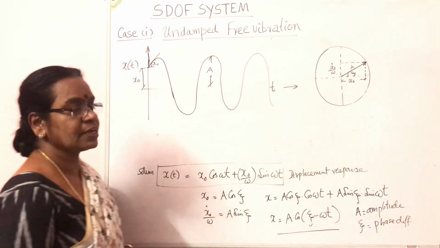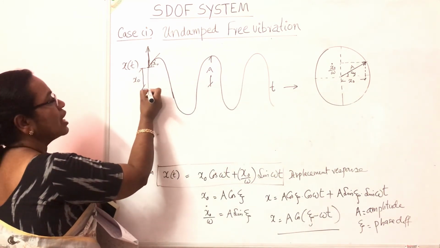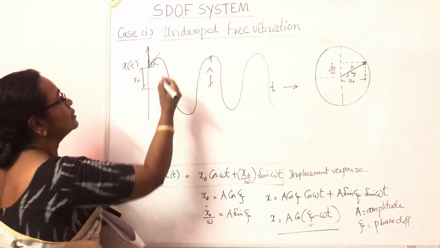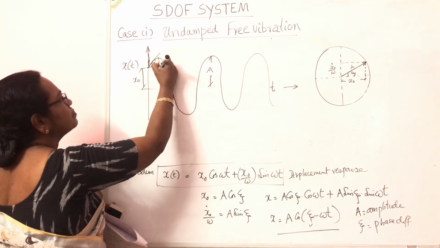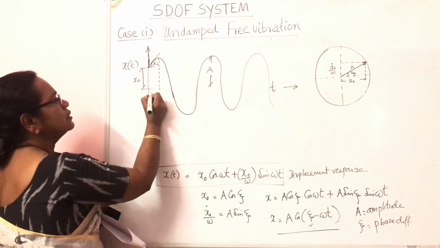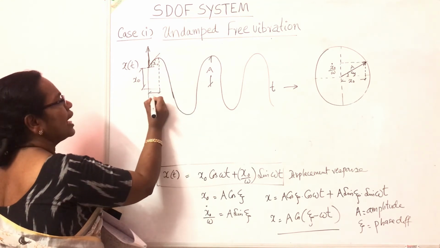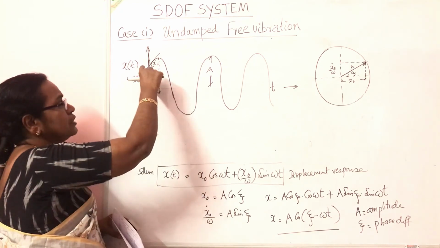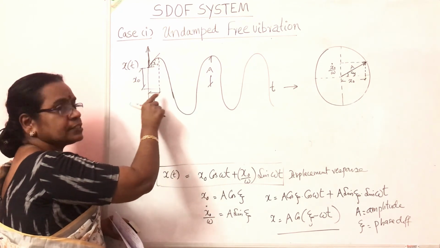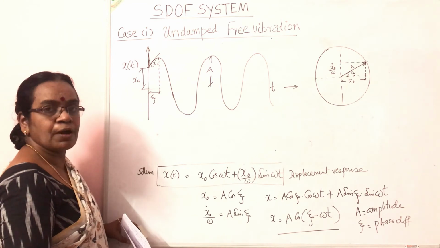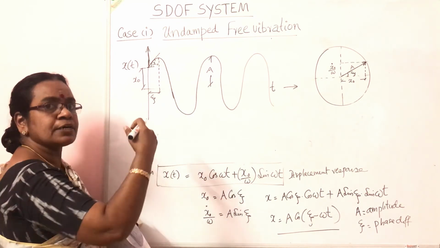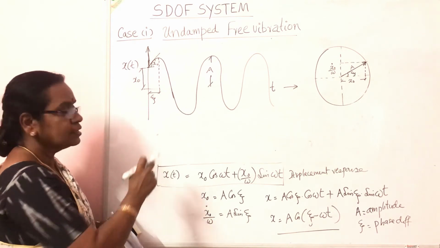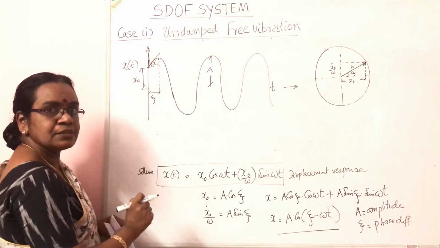The phase difference is nothing but, see, in this figure, it starts from x0 displacement, having an initial velocity x0 dash. This is the amplitude. This amplitude, how much it is lagging behind the initial vector. From the initial displacement, how much it lags, or at what time after the initial displacement the amplitude, the maximum displacement, occurs. That is called psi, and that is the phase difference.